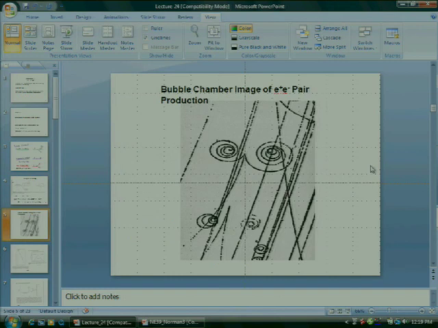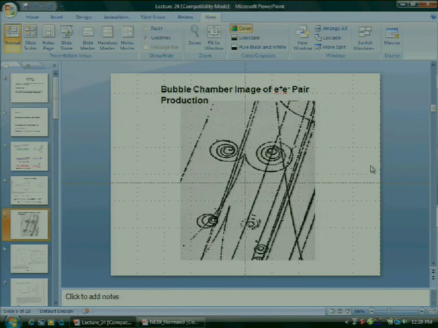These are some bubble chamber images of the other process going on. This is pair production. What happened here was this is a bubble chamber, a chamber filled with liquid helium or liquid argon, something like that. There's a magnetic field going into the board, and there was a source of photons up at the top. Occasionally a photon comes in, and remember, in these kind of images,